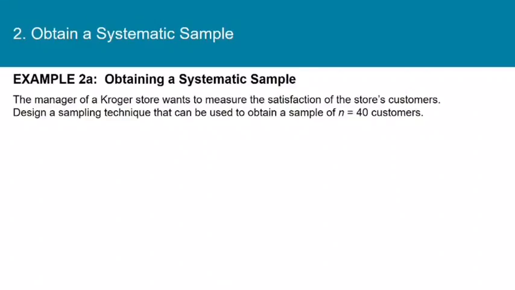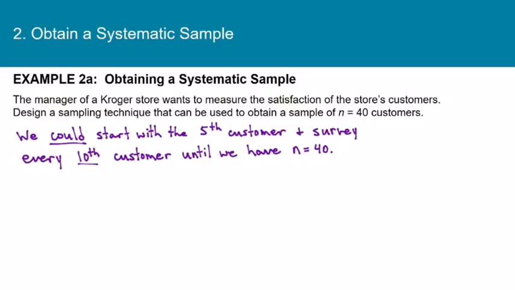So really systematic sampling is about the only kind of sampling that we can use on a store like this. So what we're going to do is just choose a number to be K. Right now we don't have any way to know what would be a good choice for K, so let's just do this. We could start with the 5th customer and survey every 10th customer until we have 40 people in